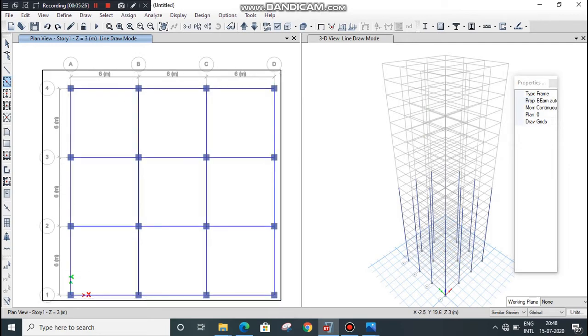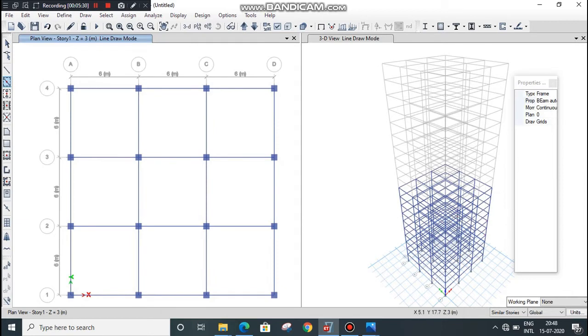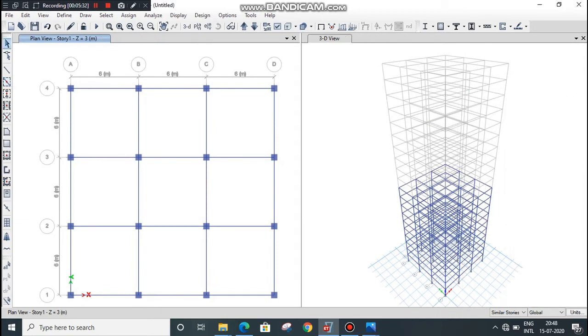Select a proper area to draw the beams. Click on escape button. Now draw slab.